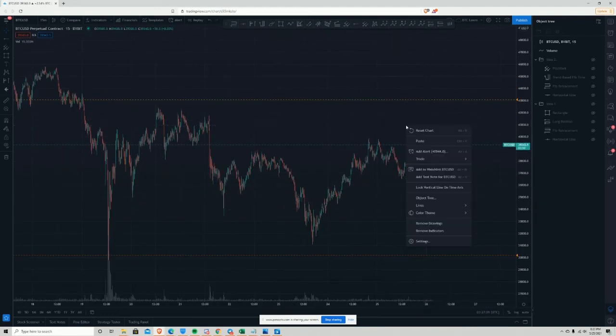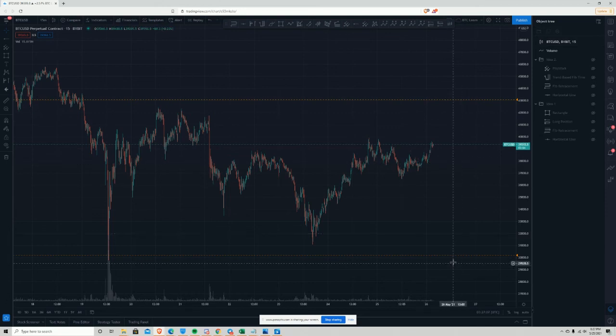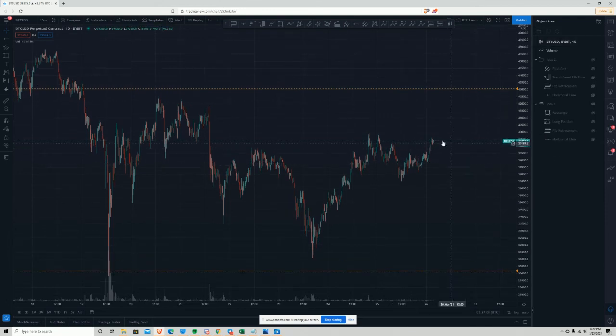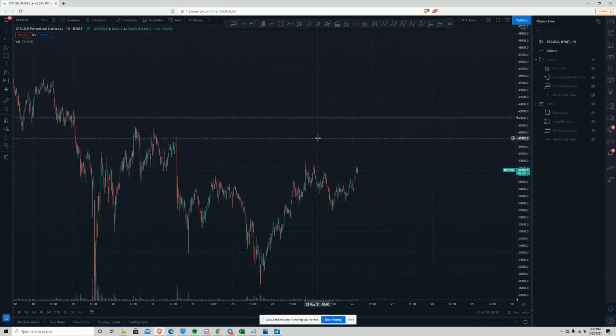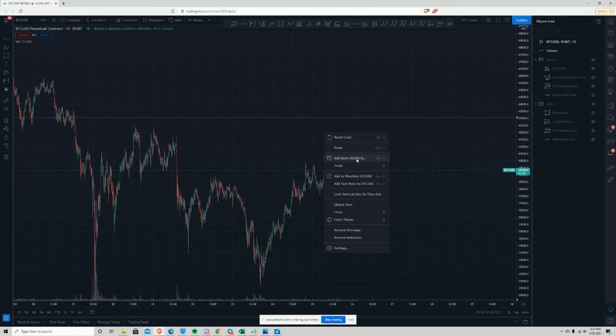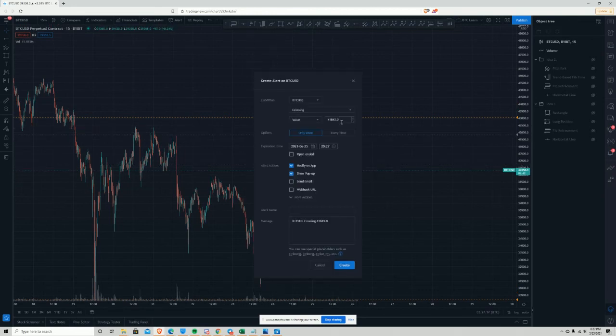in front of your computer all day, you go to set alerts, right? So you can see these are alerts I have preset right here. So let's say you want to know when Bitcoin's going to break this range. So you right click, you add alert, and you can have the exact price. You can have a message. You can actually use this, whole other conversation, but you can use this to trigger bot buys and sells as